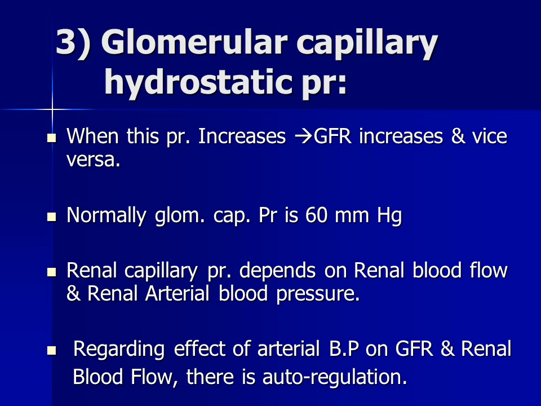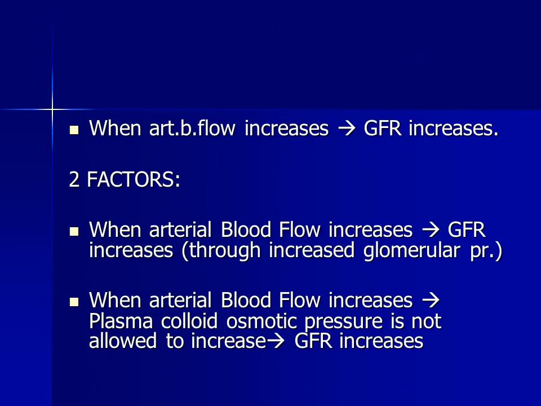So again, I will repeat that the efferent arteriolar resistance has a biphasic effect on the glomerular capillary hydrostatic pressure. In case of mild to moderate constriction, the hydrostatic pressure increases, and so does the glomerular filtration rate. But if the efferent arteriolar resistance becomes severe, then because of a decrease in the renal blood flow, there is an increase in filtration fraction, which leads to an increase in the glomerular osmotic pressure, thereby leading to a decrease in GFR.